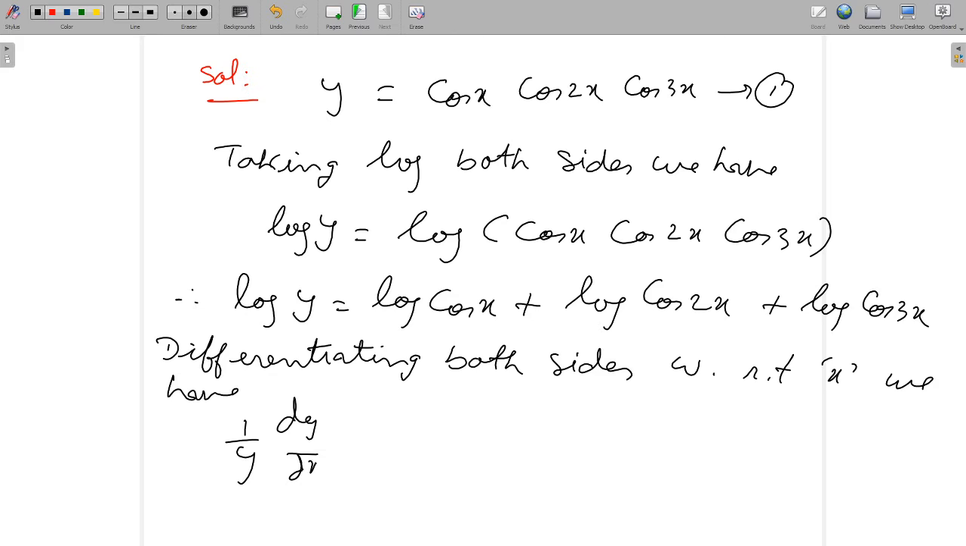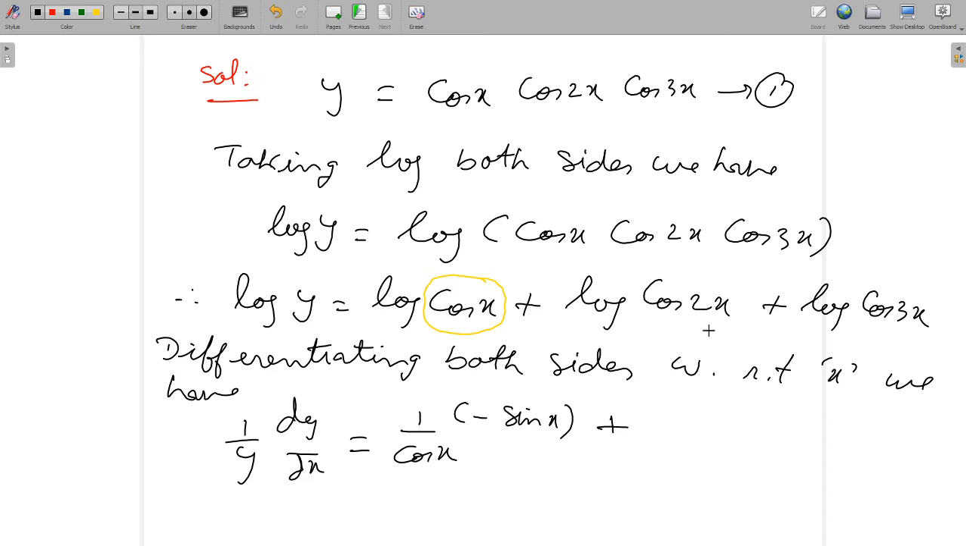So what we will get is 1 by y dy by dx equal to, now here for the time being we will consider this cos x as x, and we know that the differentiation of log x is 1 by x, so differentiation of this will be 1 by cos x. Then we will go inside the logarithm function and differentiate cos x. So differentiation of cos x is minus sin x, and then there is no need to differentiate x, because differentiation of x with respect to x is 1 only. So plus the next step,